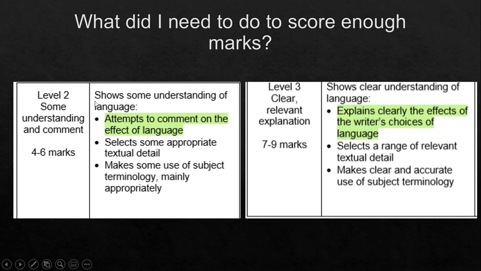So if you tell me that he was spun around like clothes in a washing machine, that is the quote. Use your own words to explain that to me. Tell me, what is the effect of that? What did that make you feel? What did that make you think of when you heard that? If you just tell me that they were spun around like clothes in a washing machine, you're not in this sort of side